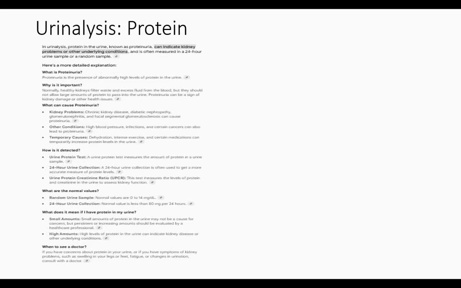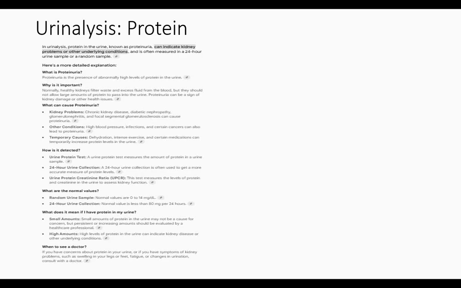Urinalysis, protein. When it comes to protein, it can indicate kidney problems or other underlying conditions. What is proteinuria? It is the presence of abnormally high levels of protein in the urine. What can cause proteinuria? Kidney problems, other conditions, temporary causes. How is it detected? Urine protein test, 24-hour urine collection,